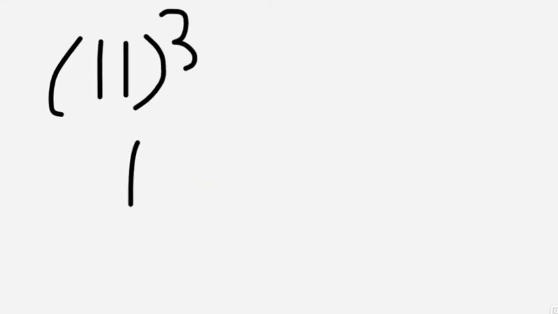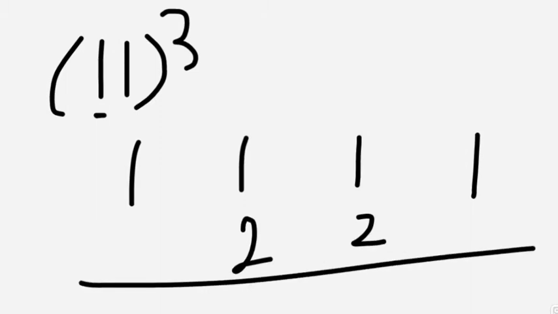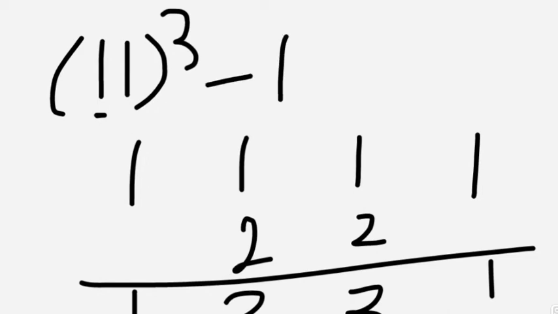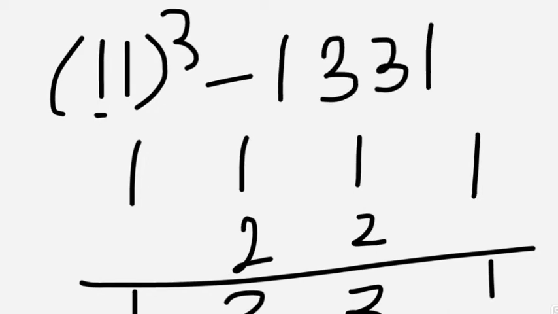So let's take an example to get clarity about this, okay. Let's take 11 cube, okay. We said first 1 cube, A square B, in the sense 1, this is A and this is B, okay. A cube, A square B, AB square, B cube. So if you double the middle part, 2, 2, and add this, 1 3 3 1, so 11 cube is 1331, okay.